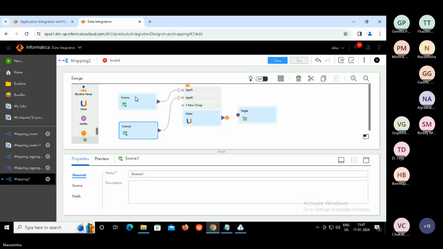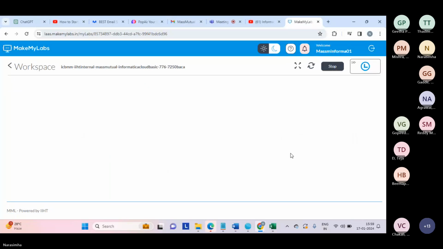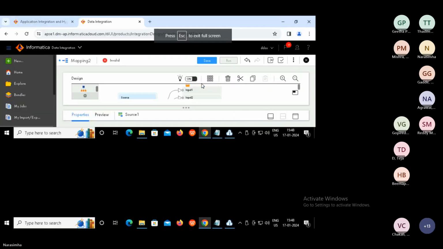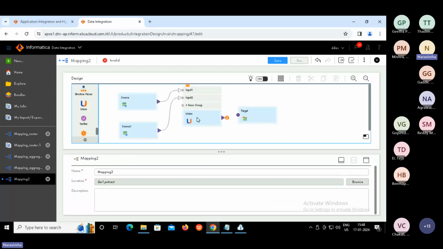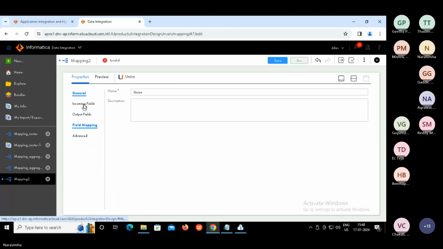It got stuck. Okay. So now let us select union, maximize, and go to incoming fields.